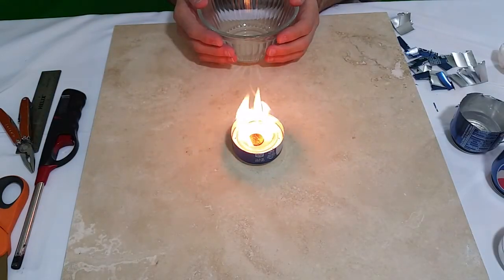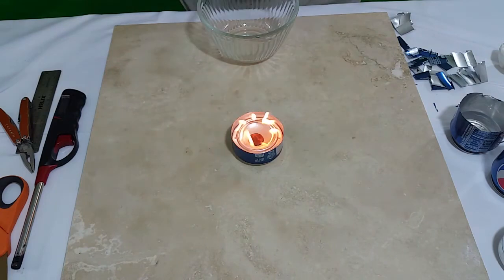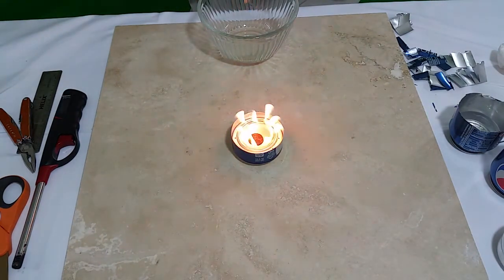Ooh, man, that's cool. It's shaking. It's vibrating. Because smoke's trying to escape. Is that why, Dad? Or is the fire trying to...